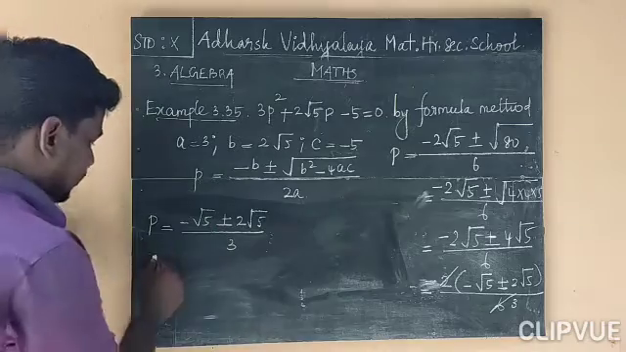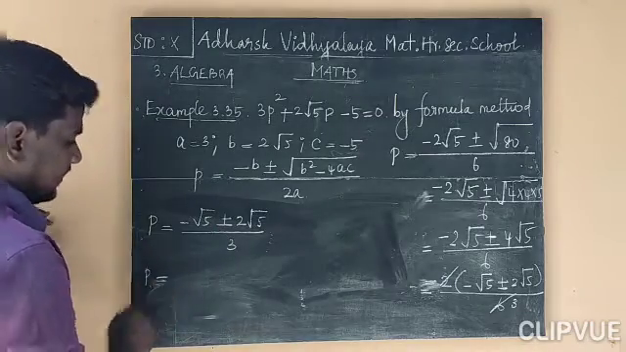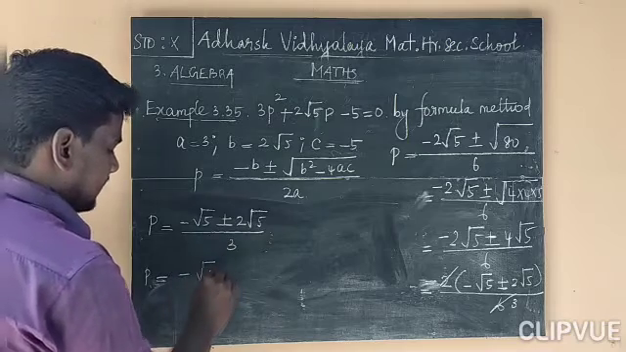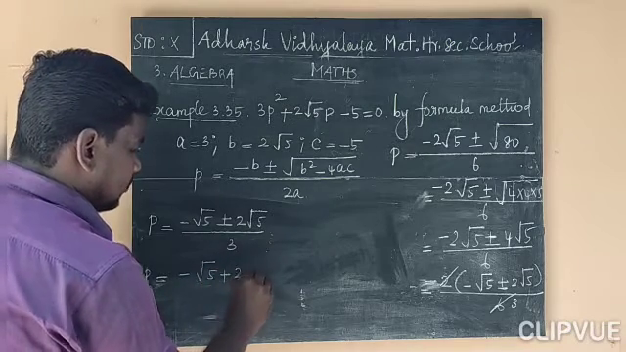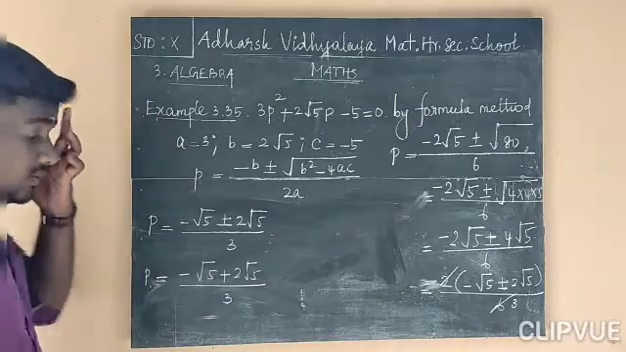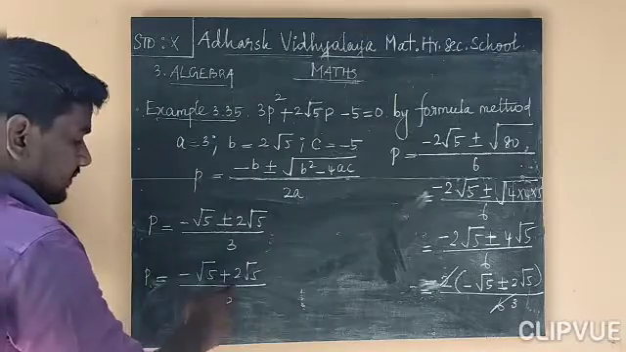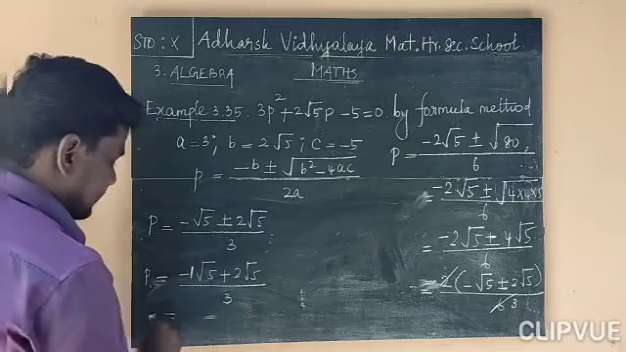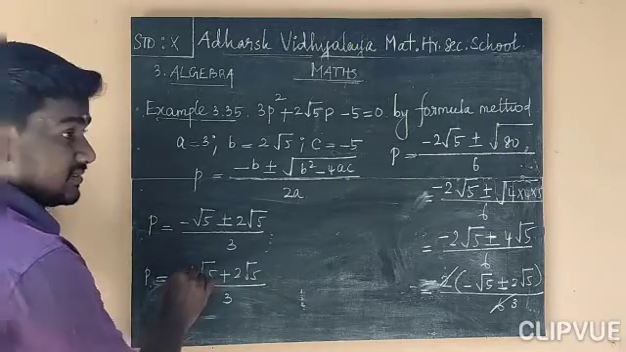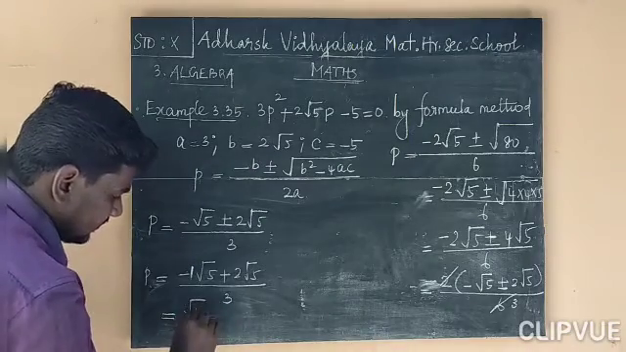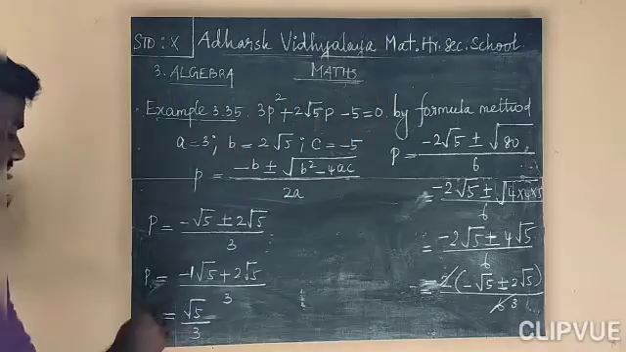Okay, so case 1, or you can take P is equal to, first plus means minus root 5 plus 2 root 5 divided by 3. So what do we have? Here minus, here plus, here minus 1 time root 5, here 2 times root 5. So we can subtract this 1 from 2. So what do we get? Root 5 divided by 3. This is